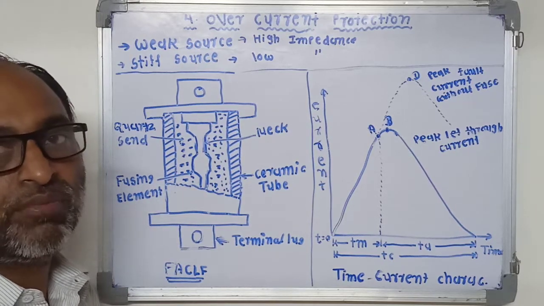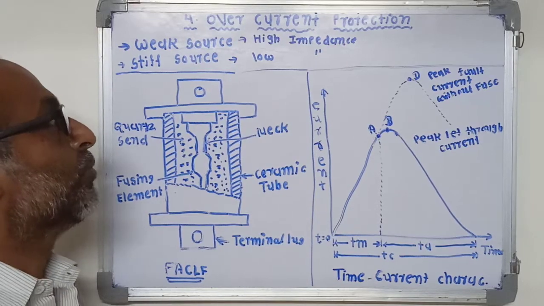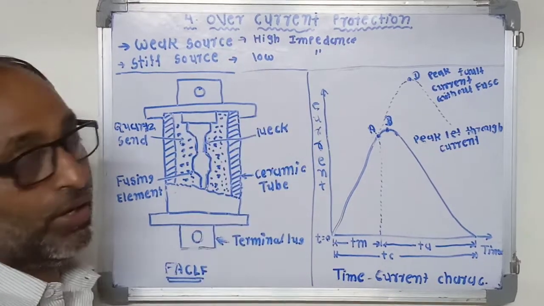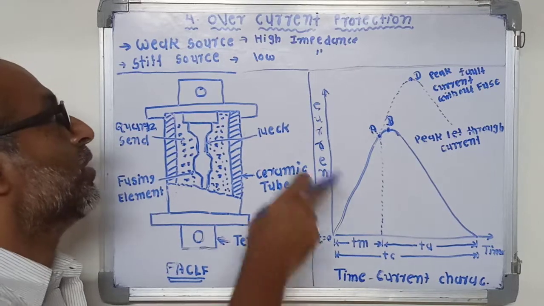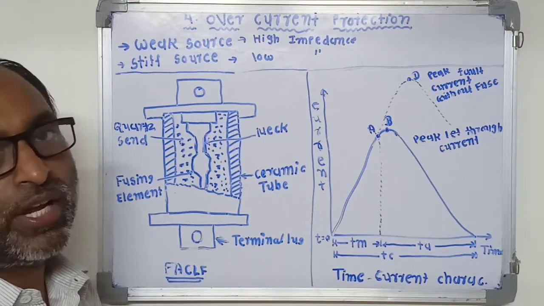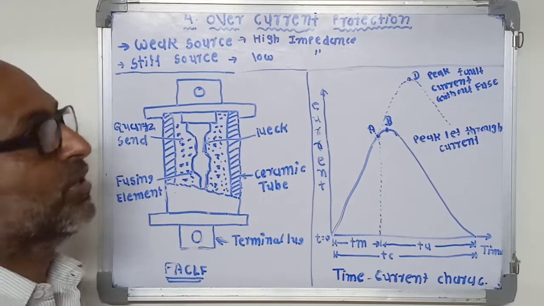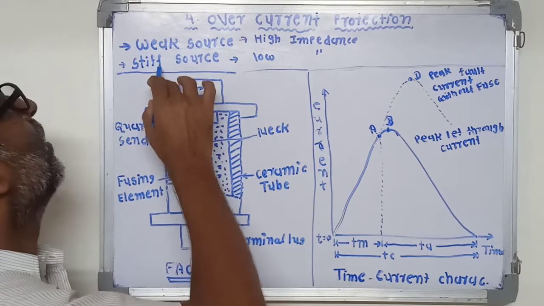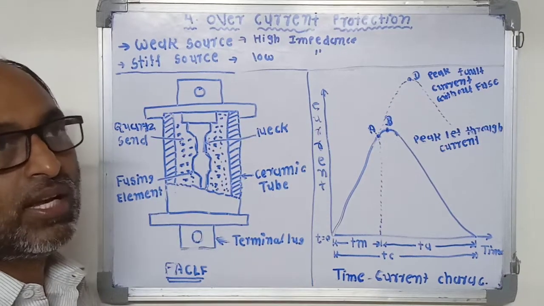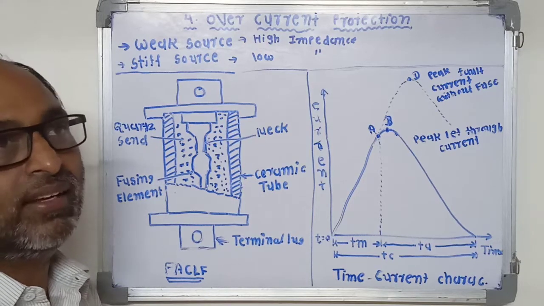A conventional fuse or a circuit breaker is used for protection against overcurrent. But if the impedance of the source is very small, it is not able to limit the fault current. So it is called a steep source. Now this type of source or system is also used to supply SCR.